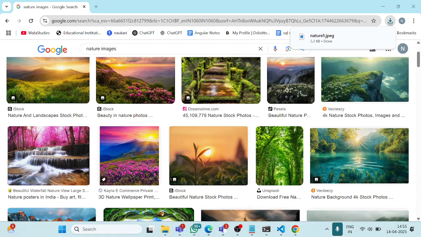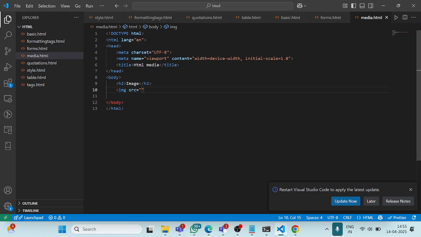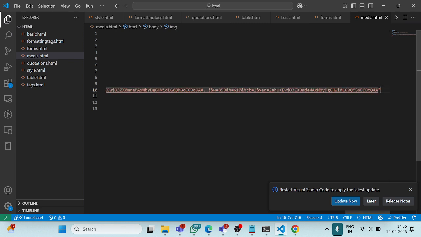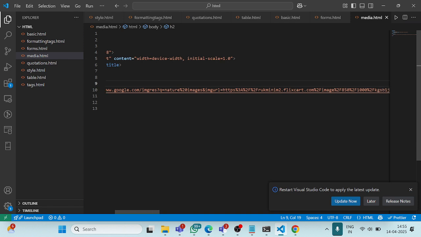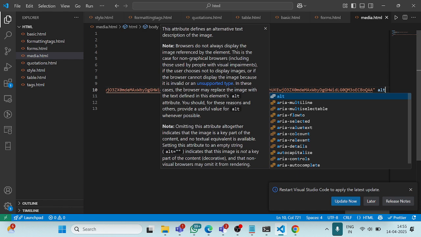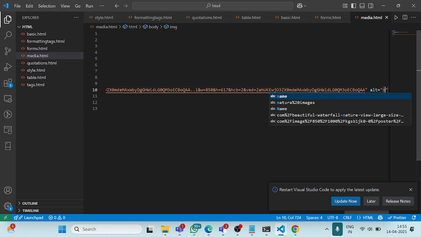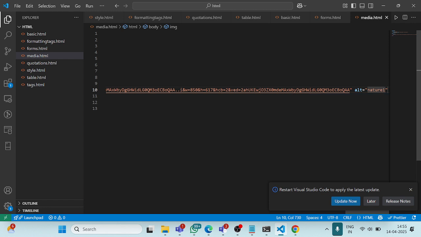I'm going to paste that image link here. So this is one thing, and just a second, it is a very big link. What I'm doing here, this is the alt attribute, I'm taking here nature 1. Okay,